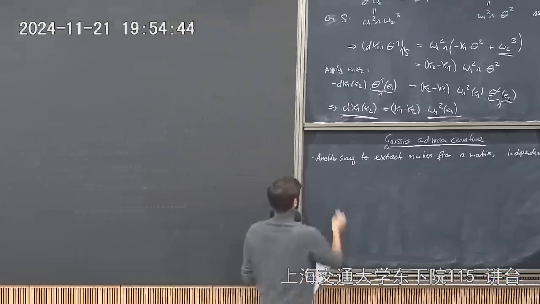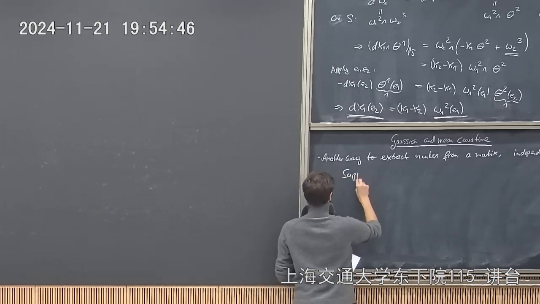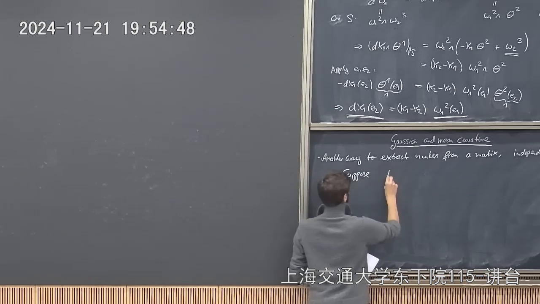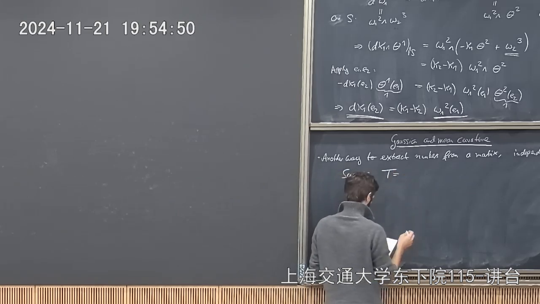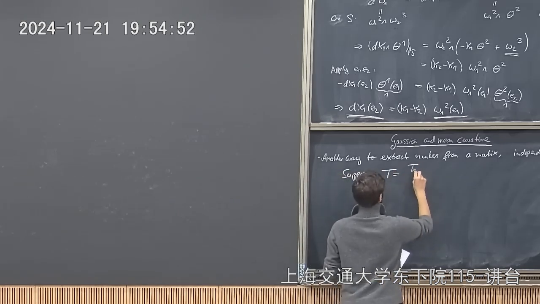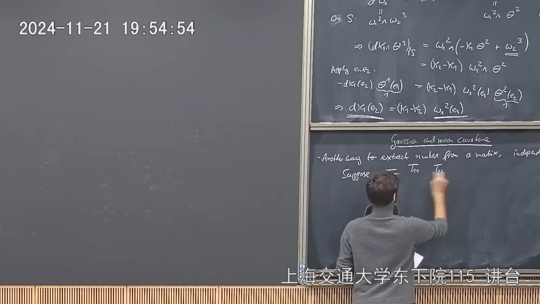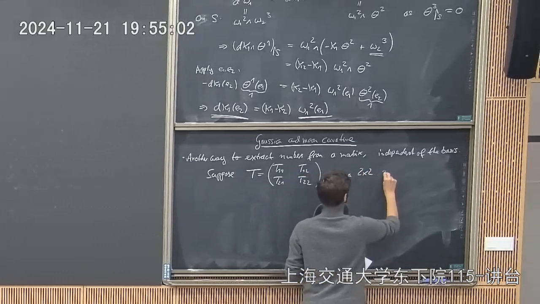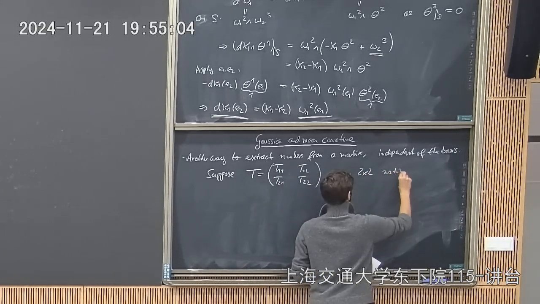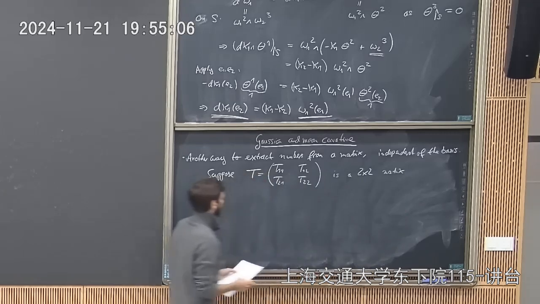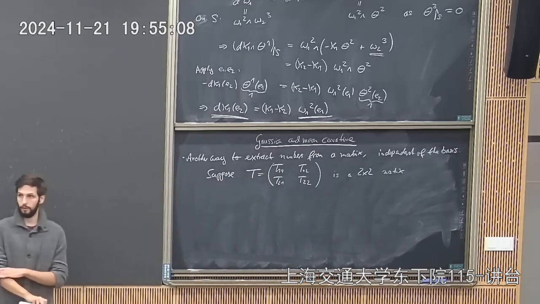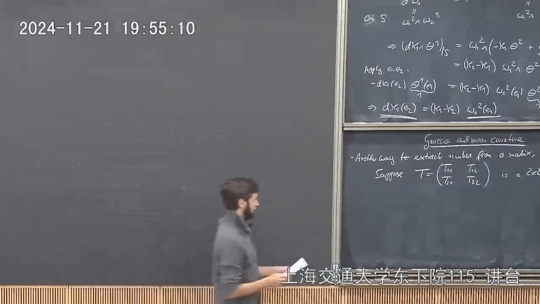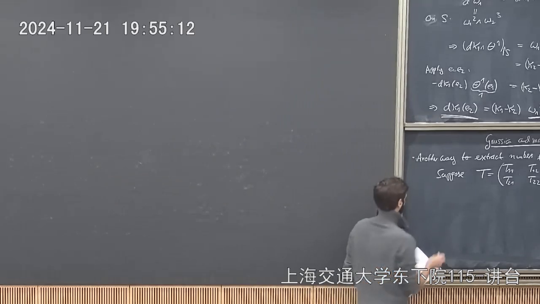So suppose we have a T, which is a 2 by 2 matrix with entries T11, T12, T21, T22. I think all of you have seen the determinant and the trace of a matrix. Then